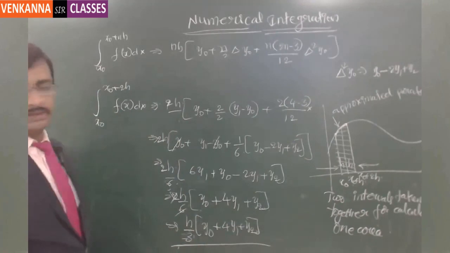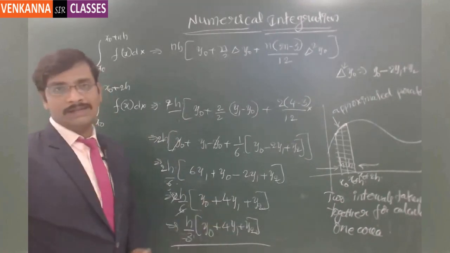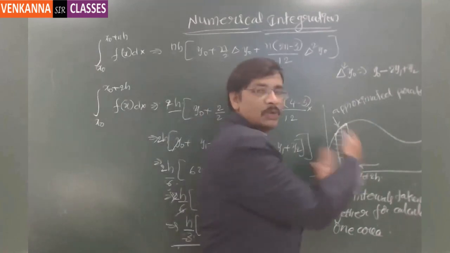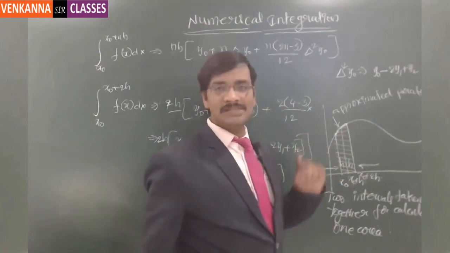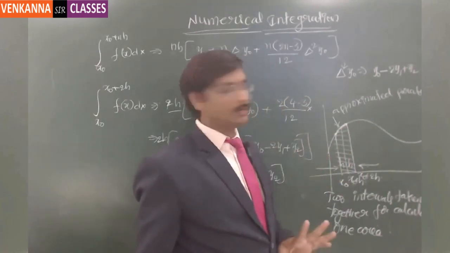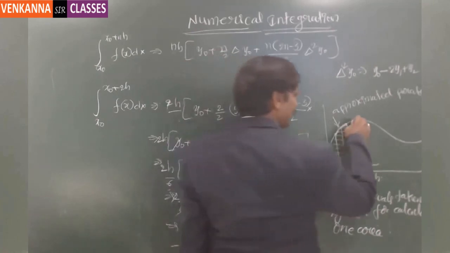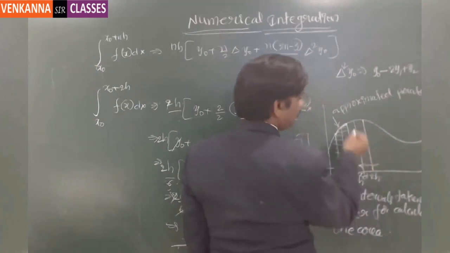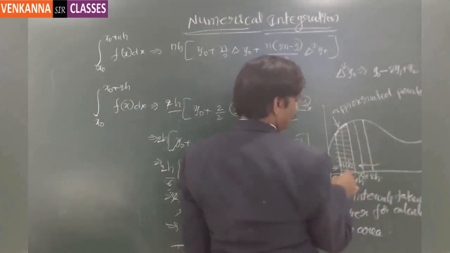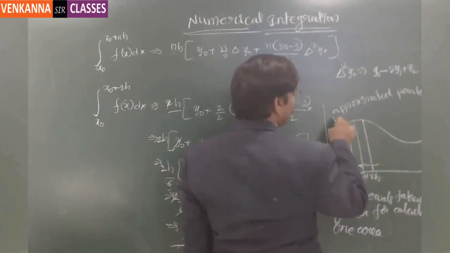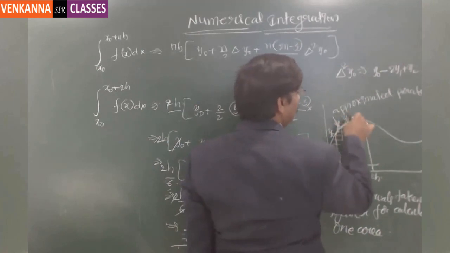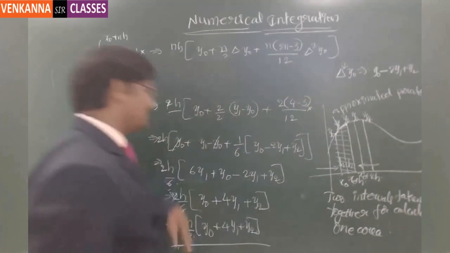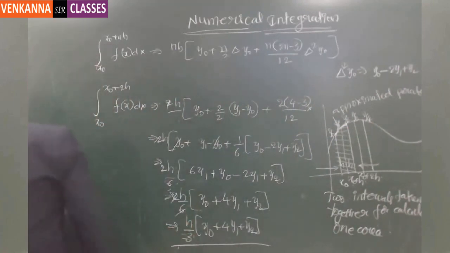So this is the formula for calculating the area for two different strips taken together, approximated as a second order polynomial, which we call a parabola. Now if you consider the next values, this is one section and this is another section. For these two sections, this is y naught, this is y1, this is y2, this is y3 and this is y4. Now for the second strip, this value is going to be